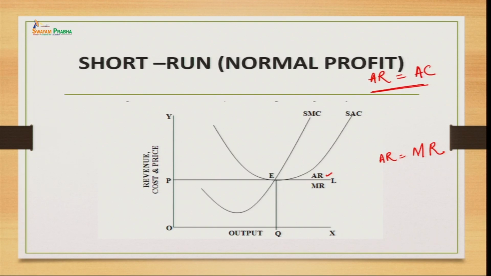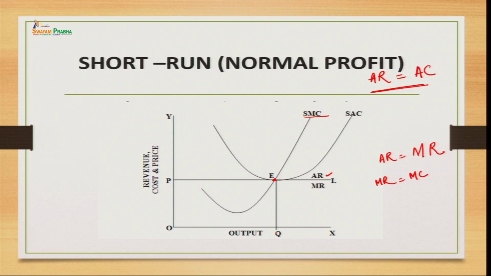And now, if you look at this marginal cost, to find out this equilibrium point, we need to see where the marginal cost curve is cutting your marginal revenue curve. So, here we are representing this short run marginal cost curve, and this is the point where the marginal revenue is equal to the marginal cost, and this marginal cost curve is cutting it from below. So, again with this equilibrium point we are saying that OQ is the output which a firm should produce.